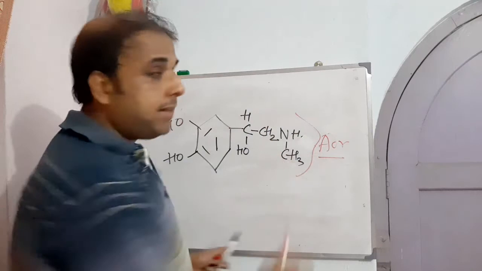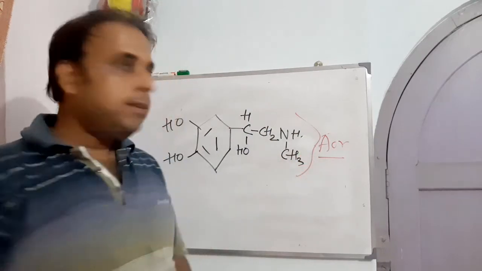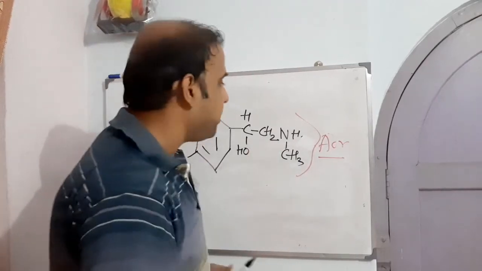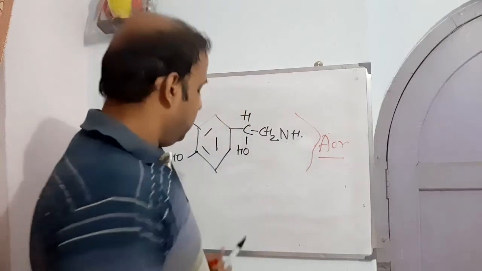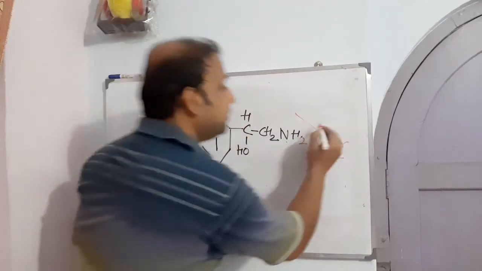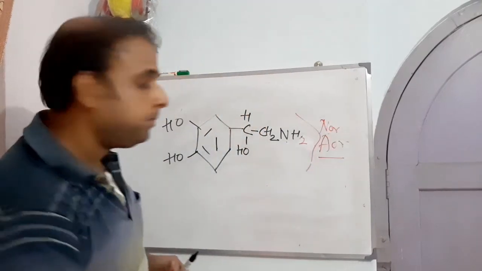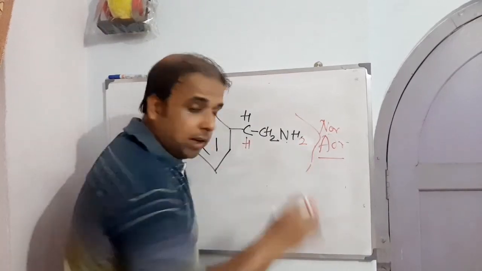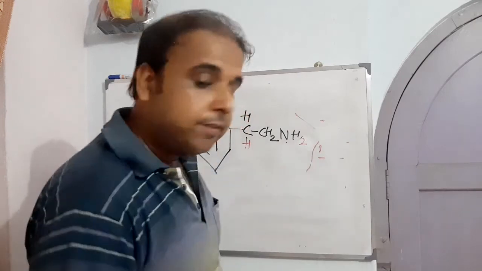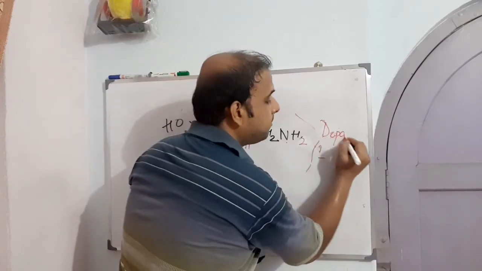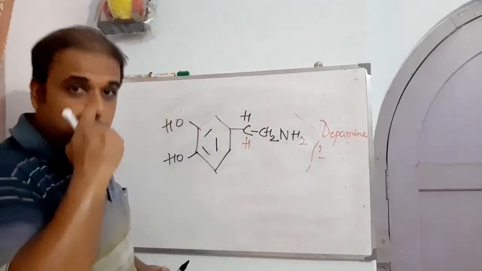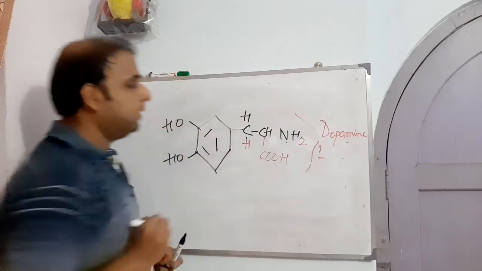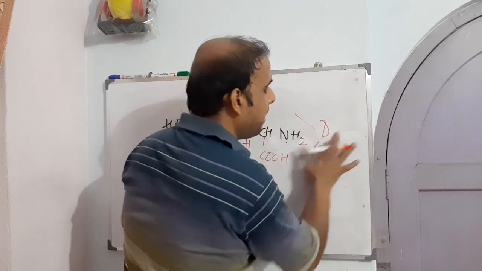Now it also has some other designation, right? Apart from calling it a neurotransmitter, it can also be called a hormone. That you know, right? Okay, so this is your adrenaline. If we rub it off, demethylate it, this has become noradrenaline. If we remove the beta hydroxy, it is no longer noradrenaline; rather it has been converted to dopamine, right? Okay, dopamine. Now, if we further carboxylate the alpha carbon, this has become dopa,